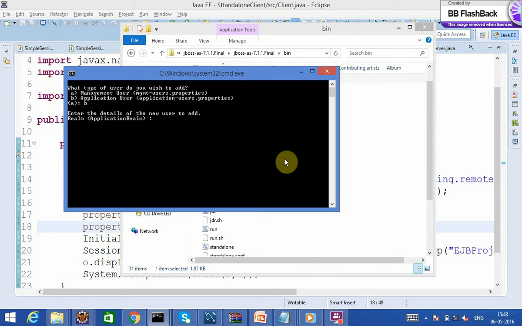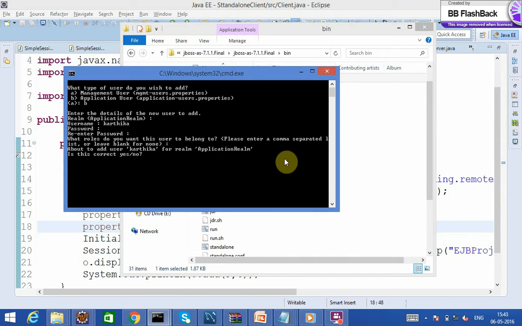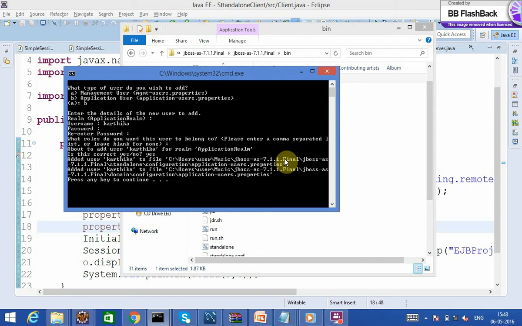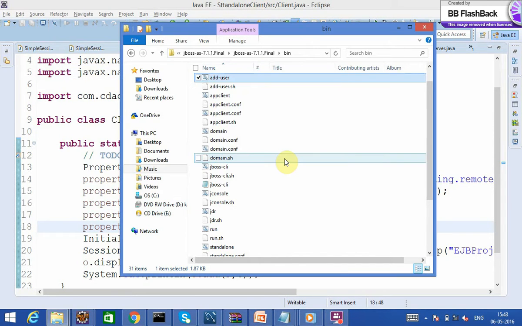Give the username, password, re-enter password. Do you want to set any roles for the user? Leave it blank. Then you give yes. Press any key to continue. Now we have added our user.